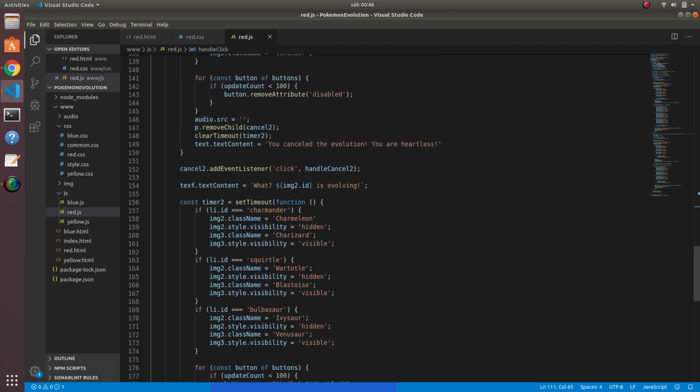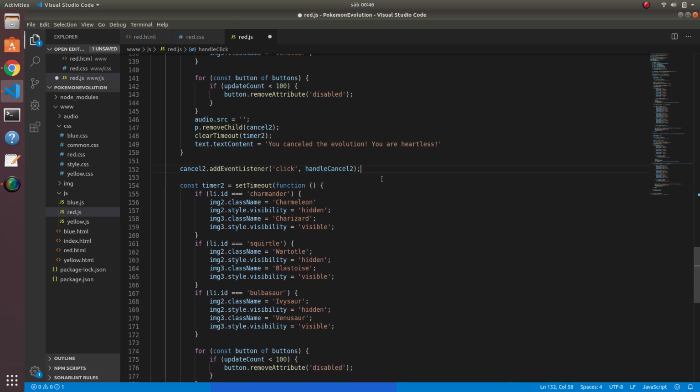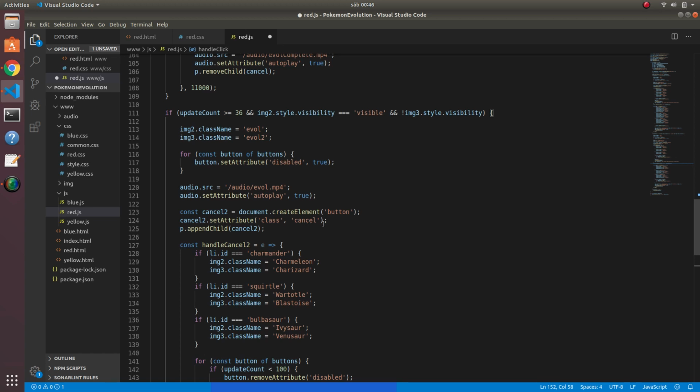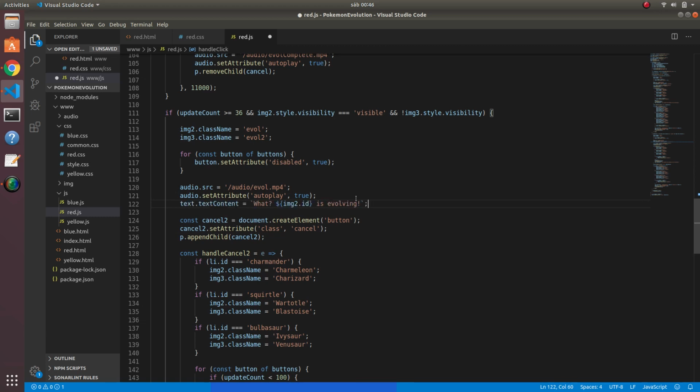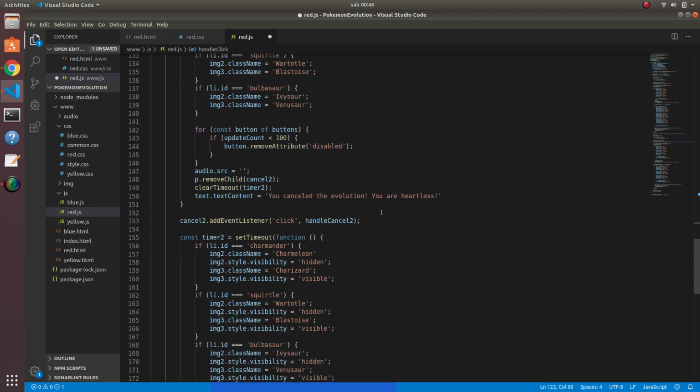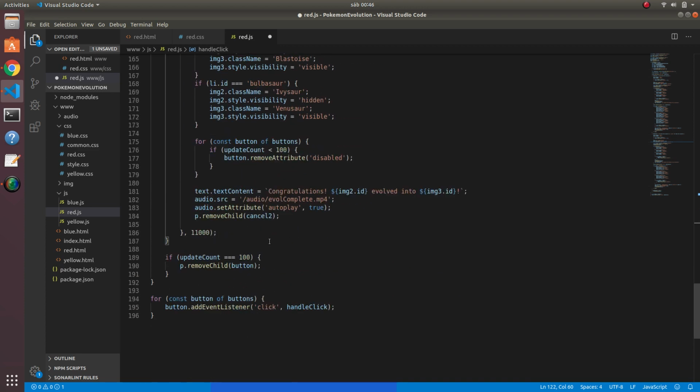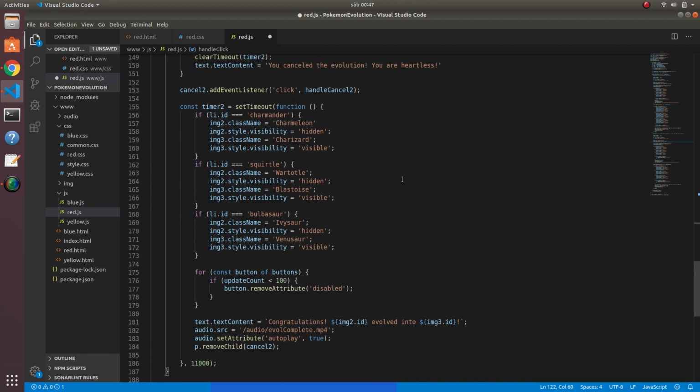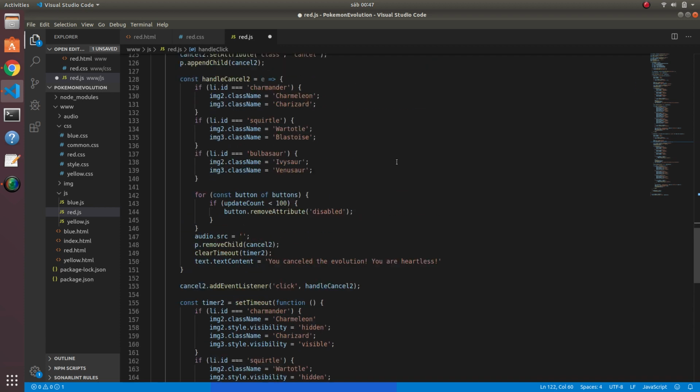Well, the text doesn't have to be here. This is not a good position for this. I prefer it here. Okay, what is evolving? And after 11 seconds, they are going to return to the original class name, and their visibility is going to go from hidden to visible. This time we don't need to change the position attributes, because the thing with the position attributes is that